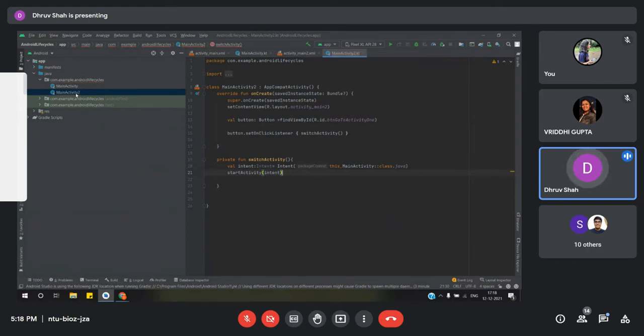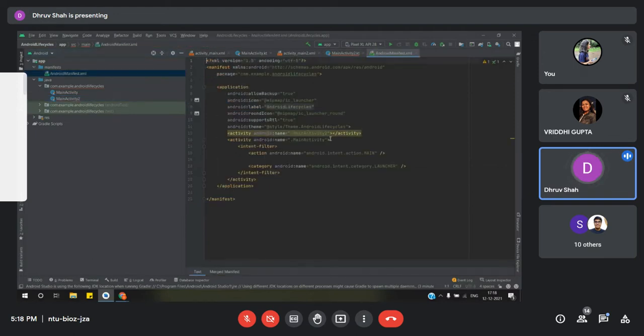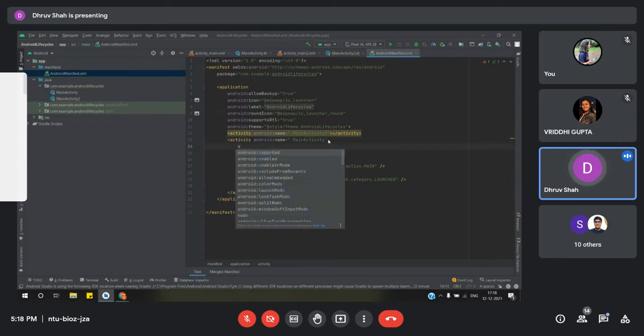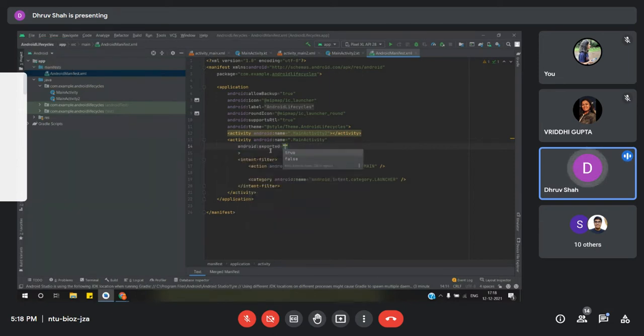But in the recent versions of Android Studio, a new constraint has been set out where you need to define the exported feature for the activity that you would be using as the main one. So here we need to define an attribute called exported, otherwise your app wouldn't run. So we need to assign exported as true here.